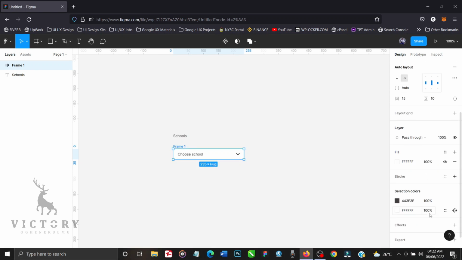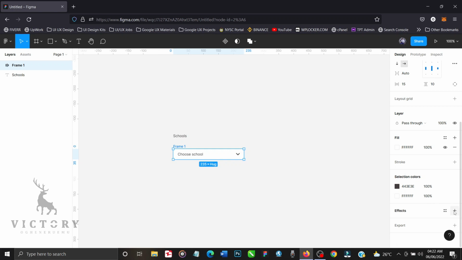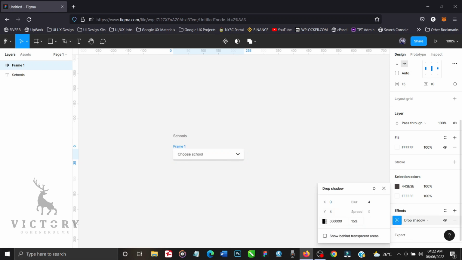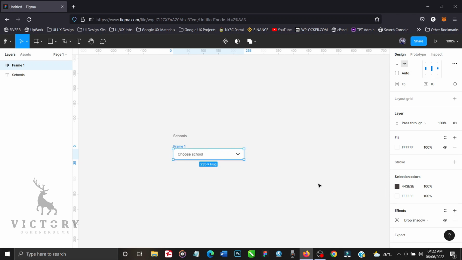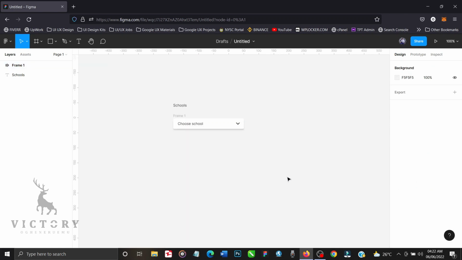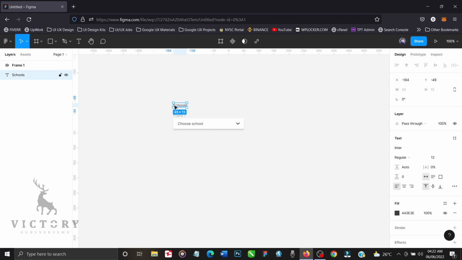and then let's add a drop shadow effect to make it stand out from the background. Let's customize it from 25 to 15. Perfect. Then we'll have our drop down. Let's create the drop down, the school list. So let's duplicate the schools,